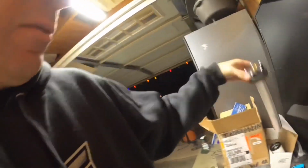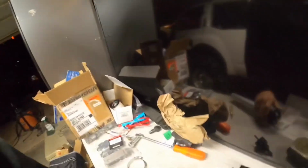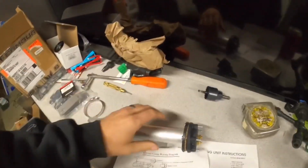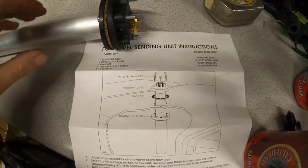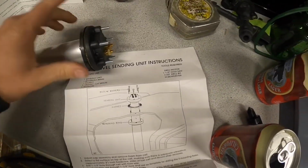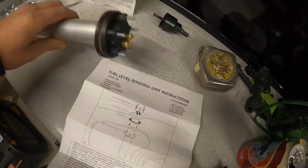So we're gonna get working on this fuel sending unit. So this is the one I got. It's a Jazz part. I got a Jazz tank. Wasn't incredibly expensive, but it's a pretty simple install. Kind of just goes in like that. Drill a big hole in your tank, and yeah, so I'm gonna hole saw into my fuel tank,